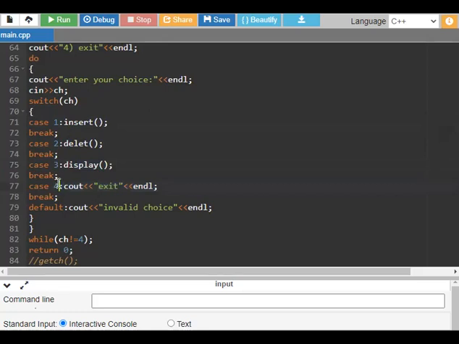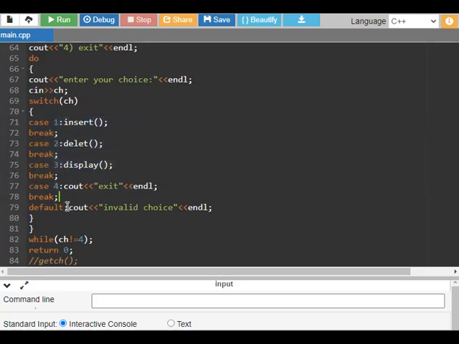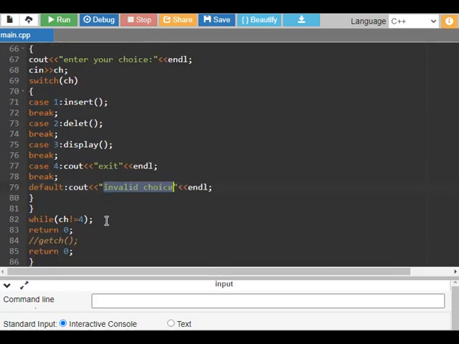If apart from these 4 cases, either 5 or 6 is chosen, then the default case, invalid choice, will be displayed. Then the condition is whether the choice is from 1 to 4, so the choice is not equal to 4.